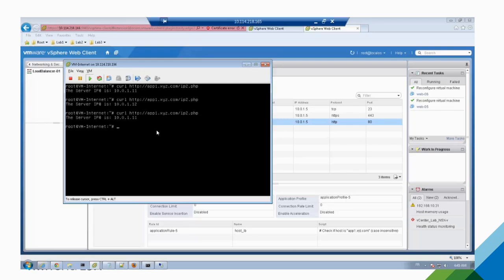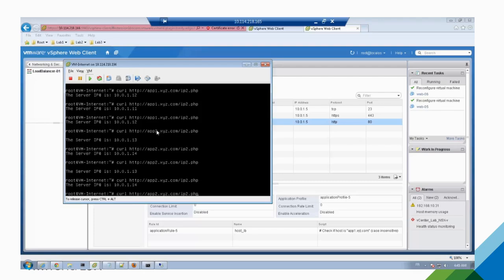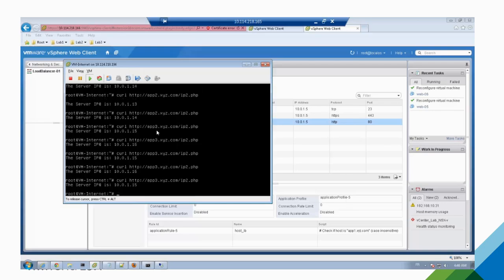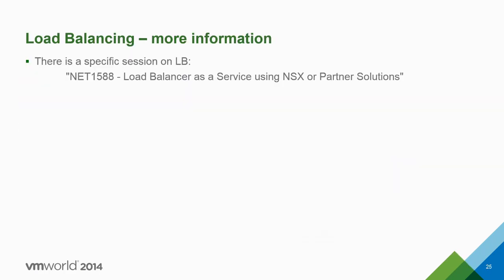And then if you test, you go on app 1, you go on server 1 and 2, you go on app 2, and that's a very fancy browser I'm using. You go to 3 and 4, and if you go to app 3, it's a specific page I created, a very complex one, that gives you the server IP address. You go there, okay? So that's pretty much it for load balancing.